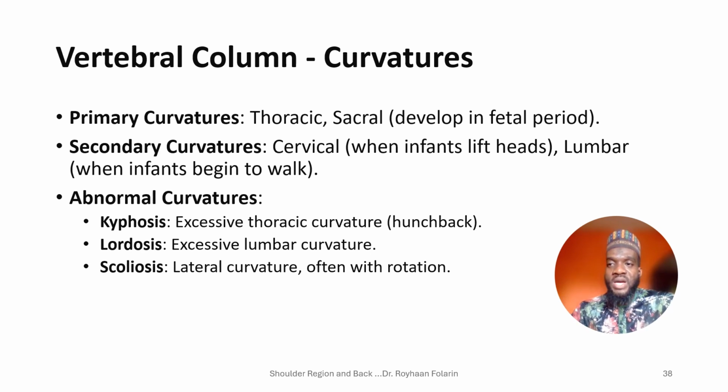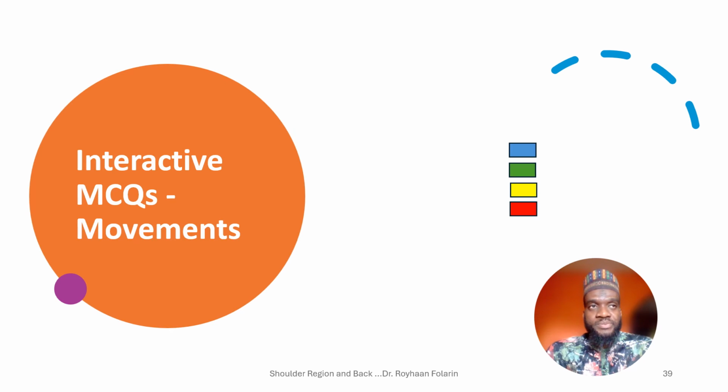But then abnormalities could also arise in this movement. So when you have excessive thoracic curvature, sorry, I forgot to add the picture. I thought I did at some point. So when you have abnormal curvature at the thoracic region, that is known as kyphosis. Sorry, I'm not able to go to the previous slide, but you can replay the video to watch that part. It's an anterior-posterior displacement, so excessive curvature of the thoracic vertebrae is known as kyphosis. Excessive curvature of the lumbar vertebrae is known as lordosis. While abnormal lateral curvature from the thoracic down to the lumbar